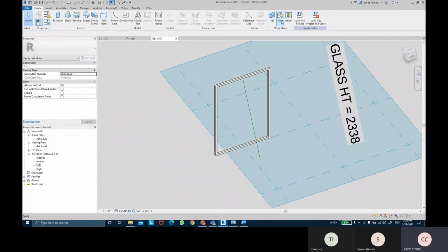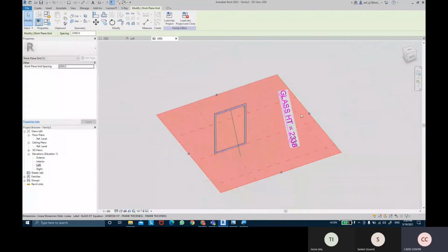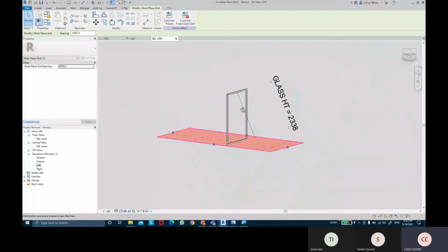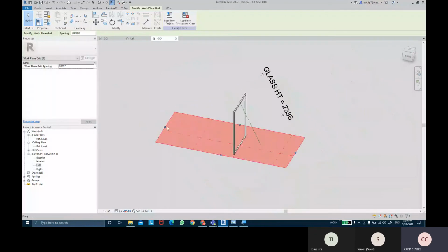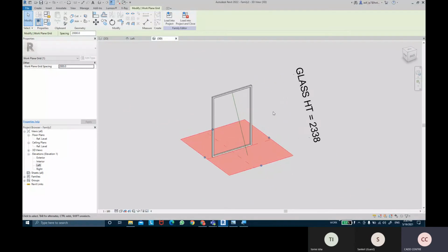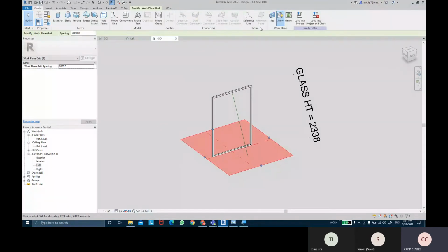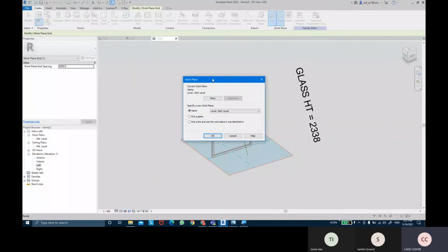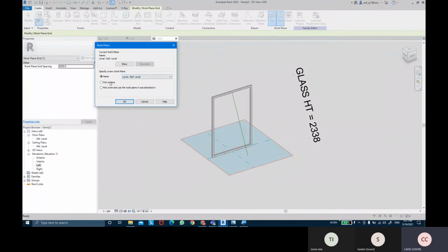So I'm going to click on show work plane to see. So this work plane is currently at the bottom of my frame actually. So whatever I'll be drawing will all be drawn on the floor level, which I don't want to happen.